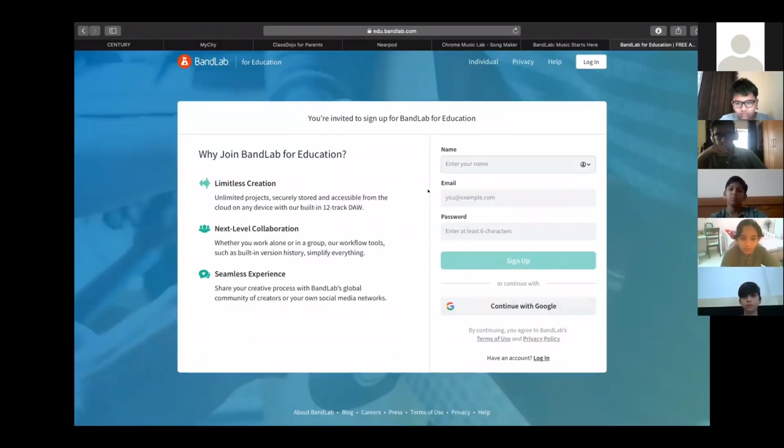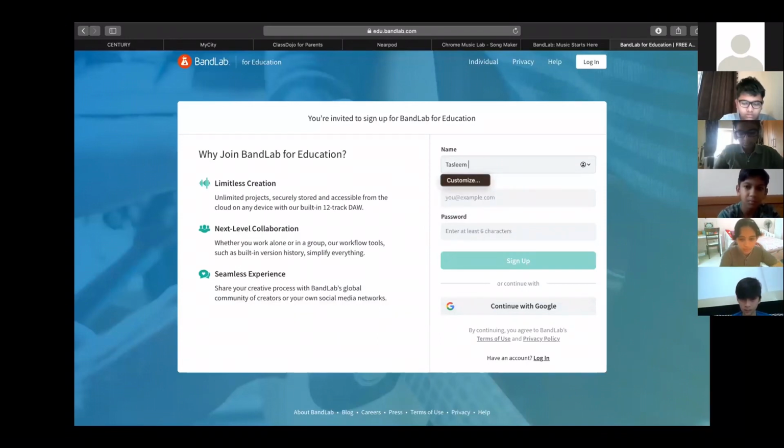Okay, now you will see a screen like this. Okay, I want you to enter your name. Now, whatever you enter, you need to save it. So please make sure you write down everything. The name that you're putting in, please put your real name. I don't want any nicknames. So Taslim, go ahead, add your name and surname.